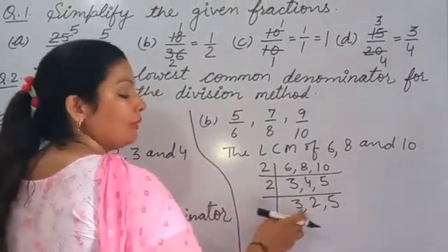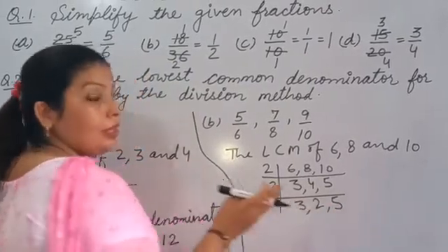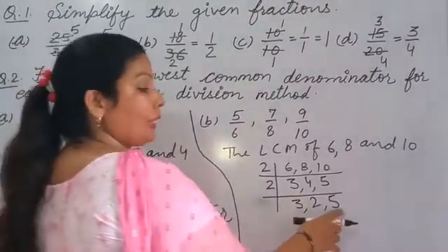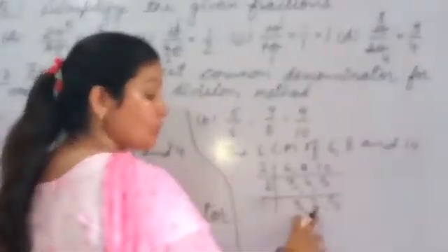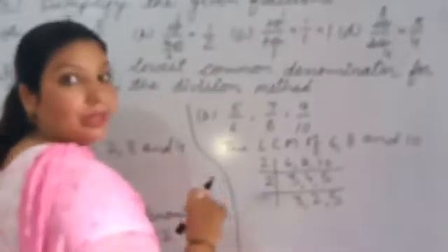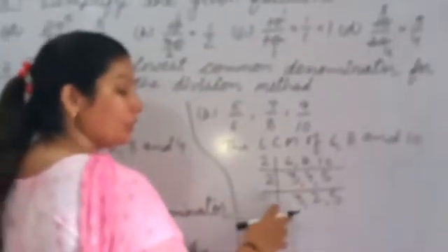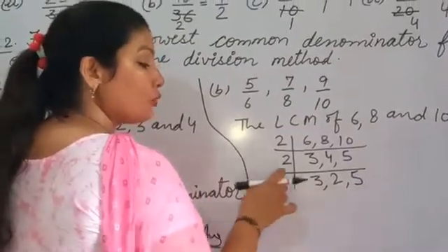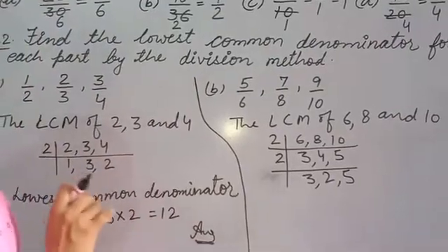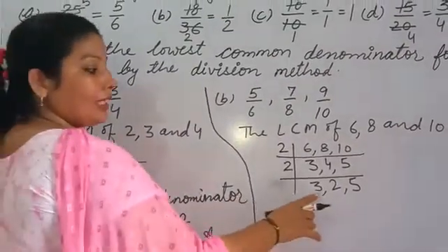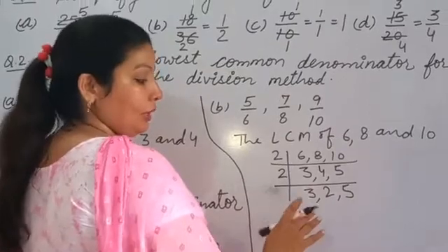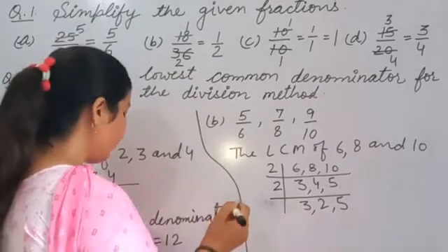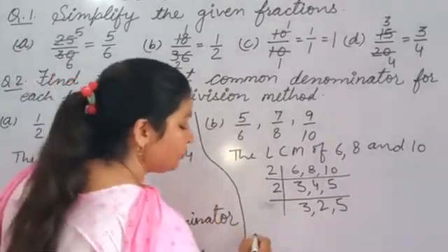So as I told you, when we have prime numbers in the last, meaning 2, 3, 5, we can leave. But ये नहीं कि यहाँ पे भी 3 है, यहाँ पे भी 3 है तो भी आप छोड़ रहे हो. अगर 2 times 3 है, so we will take here common. 2 times 5 है, so we will take here common. 2 times 2 है, so also common. Different होने चाहिए यहाँ पे. अगर same है, so we will take here common. That should be different. अब यहाँ पे देखो अलग अलग है 3, 2, 5. So we can leave. But if there is 3, so we take here common 3. Okay.